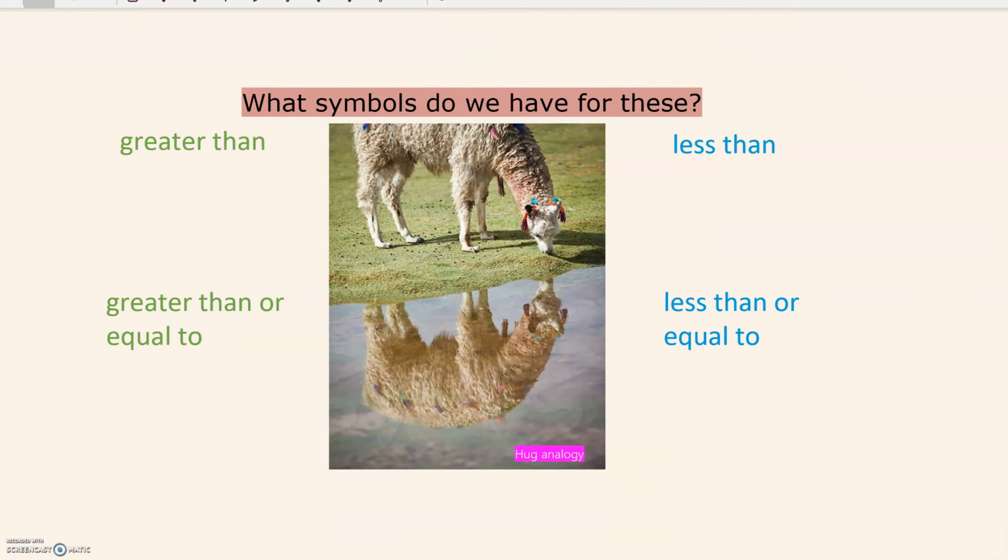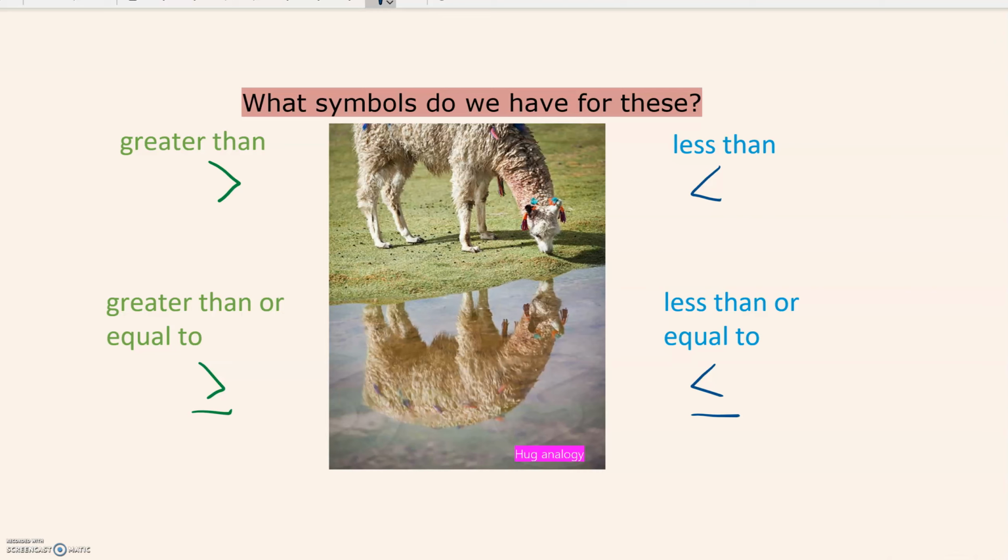I want you to pause the video and write on your paper the symbols that you already know for these. Please do so now. Hopefully these are the symbols that you came up with. There's some other symbols that we are going to use that mean the same thing, and we can use these